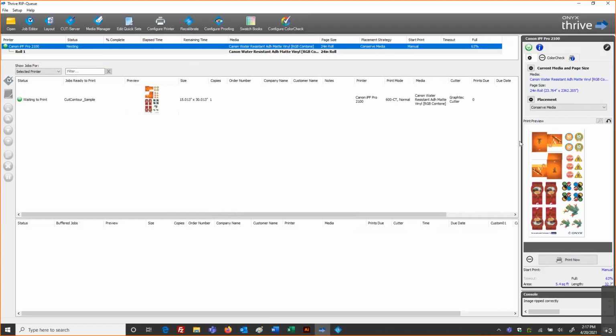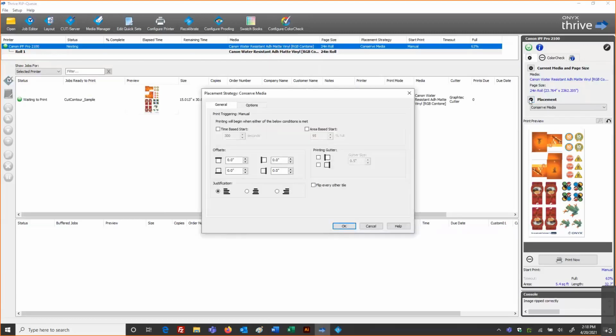In that case, I may want to work on my placement strategy. I'll click on my gear to configure. I may want to center my work as well as give a few additional inches for the lead edge and the tail edge of the sheet. These offsets are going to be additional media space without any imageable area to them. And this, I would say, check with the manufacturer's suggestion as far as how much space we need. I'll put in 2 inches for now.